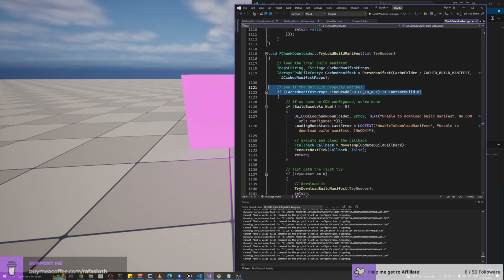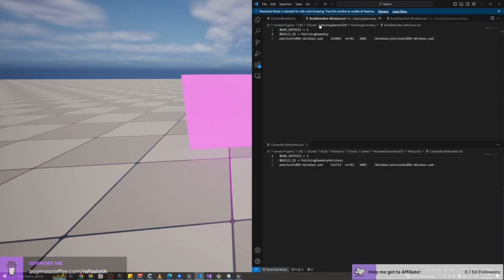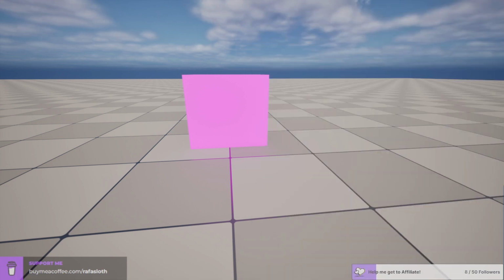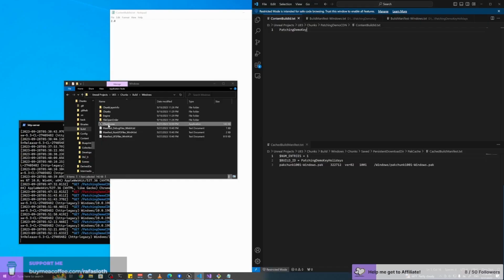Okay, guys. So the content build ID does need to match the string in the manifest file that says build ID. Okay, yeah, that makes sense. But then the only way to update the manifest file in the cached version of the game is to force the URL to change, because that's the only way I have gotten it to work.